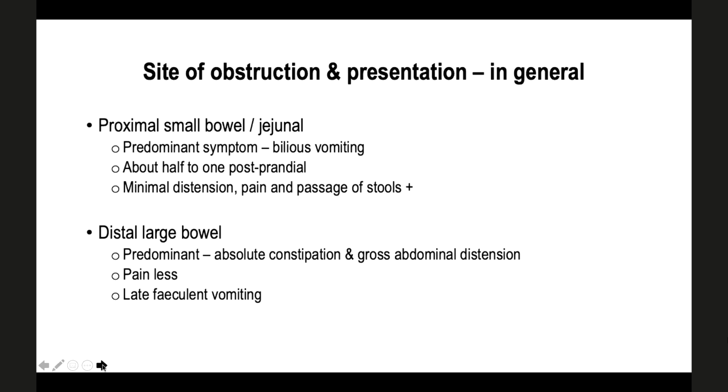So this is just an example, right? In general, if somebody has proximal small bowel, or if we say proximal jejunal obstruction, the most important symptom will be bilious vomiting. Most of the time, these patients will tell you that they get this vomiting about half an hour to 1 hour